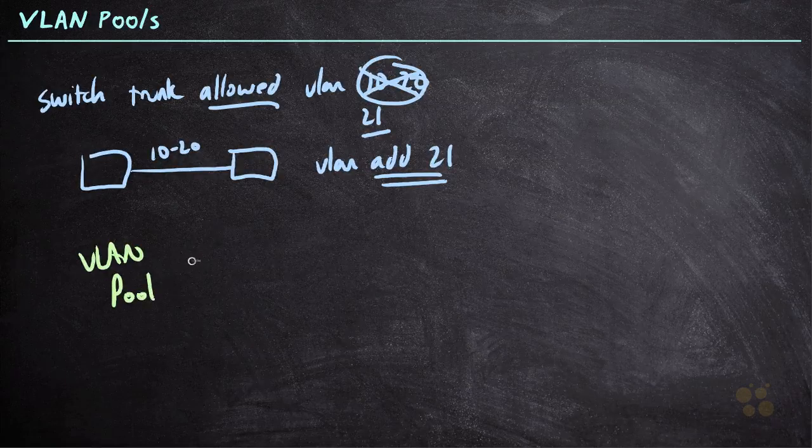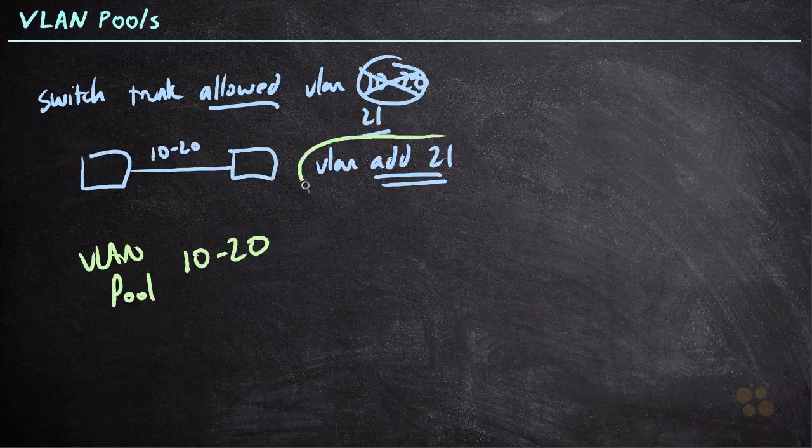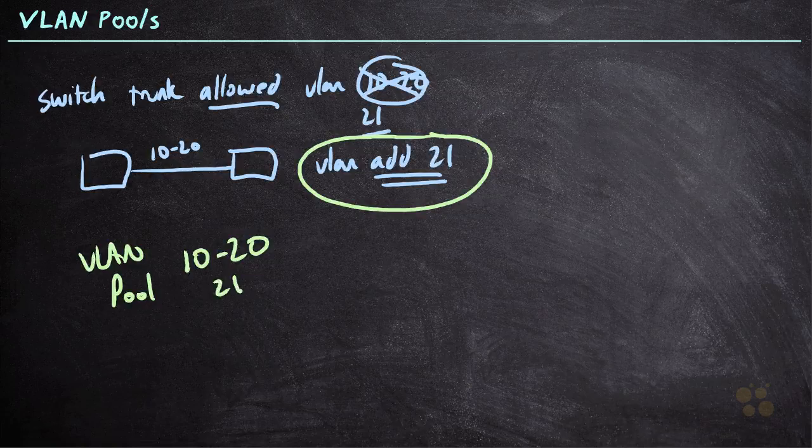So a VLAN pool allows us to select the number of VLANs, let's say 10 through 20, and allows us to apply that VLAN pool to interfaces via all the other constructs that we talked about in the intro nugget, such as domains and attachable entity profiles and such. But a beautiful thing about ACI is that we don't have to worry about accidentally destroying our own VLANs. We can just simply go into the pool and add another VLAN to that pool if we want. And it's a lot more intuitive and a lot less error prone,